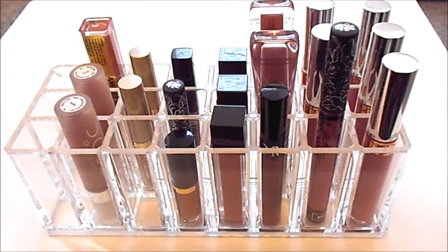Next, for liquid lipsticks, I currently have 20. At my last update, I had 18, so I have done worse in this category. I have liquid lipsticks from Anastasia, Kat Von D, the Too Faced Melted Matte, a Sephora Cream Lip Stain,